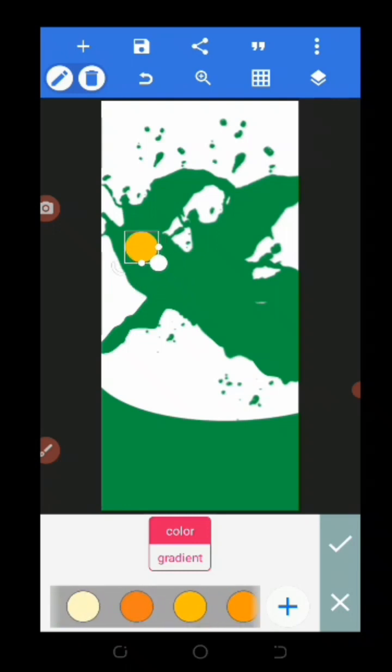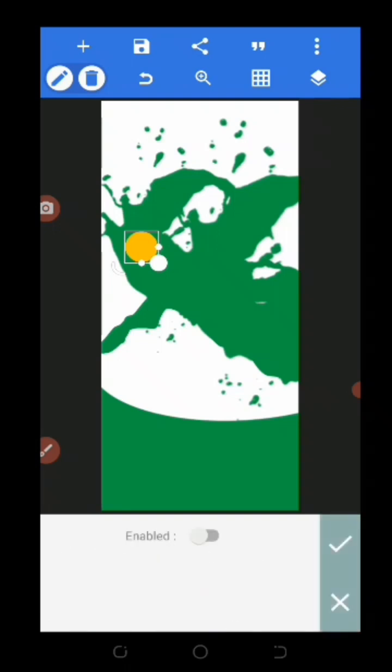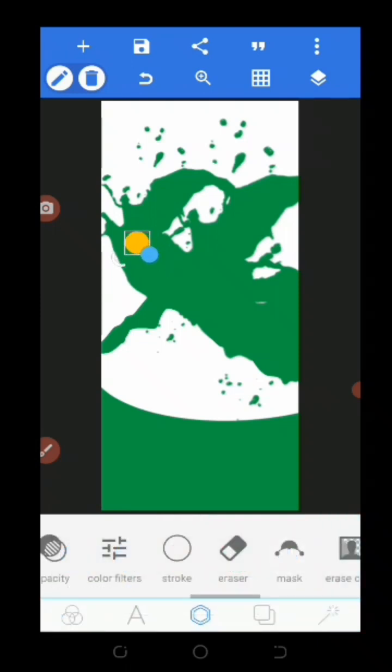Yeah, something like this. So now I'll be adding a little bit of stroke to this, like white. Okay, so it's okay. Just reduce it like so. And after doing that, now just bring it down, just going to this side. The next thing to do now is to come over to